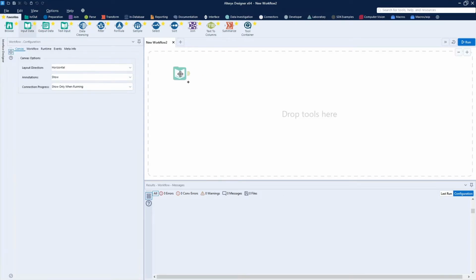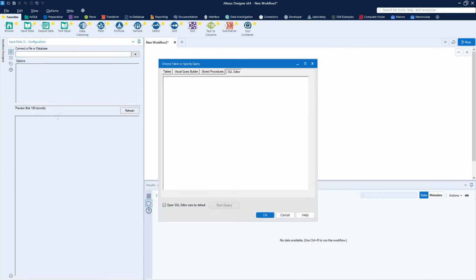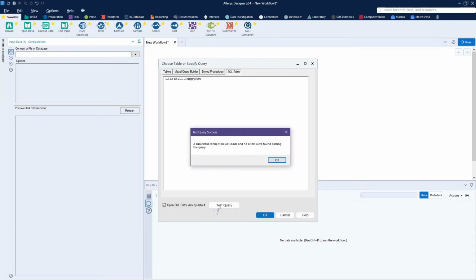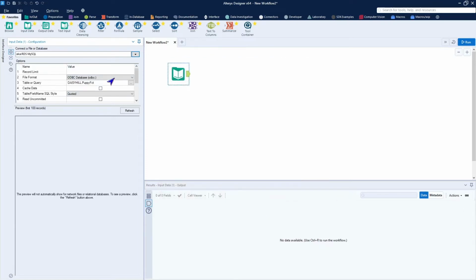So to start with, I'll drag my input data in, connect it to my MySQL database, and we're going to actually start with the puppy fact table because it already has a lot of the information associated with it. Type that all in accurately, get it here,